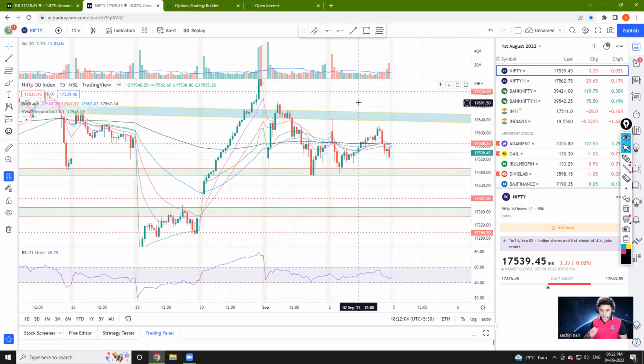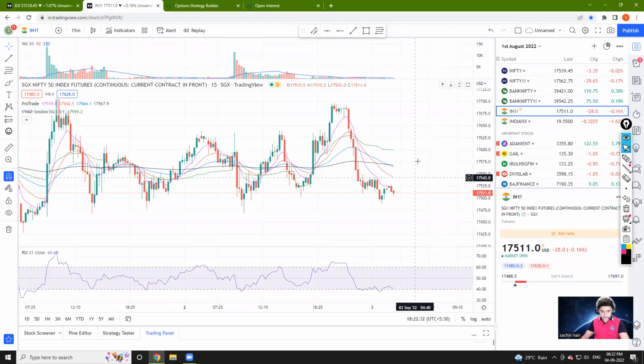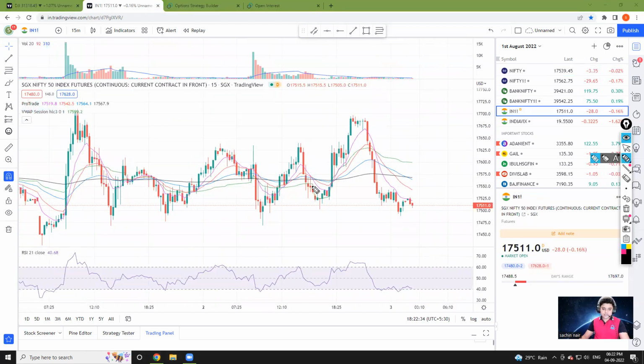My personal view is a little on the bearish side because to cross 17,800, 18,000, definitely I feel we need positive global cues. पॉजिटिव ग्लोबल क्यूज नहीं है हमारे पास एज ऑफ नाउ. मंडे को यूएस मार्केट्स बंद है, सो डेफिनेटली वी कैन सी सम प्रेशर इन द इंडियन मार्केट्स अगर सुबह एशियन मार्केट्स नेगेटिव मिले. If I show you the Singapore Nifty SGX chart, so you can see directly there was